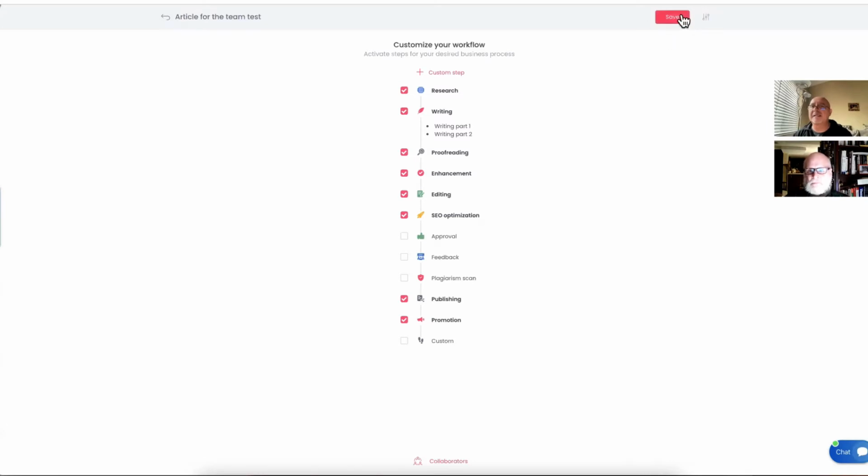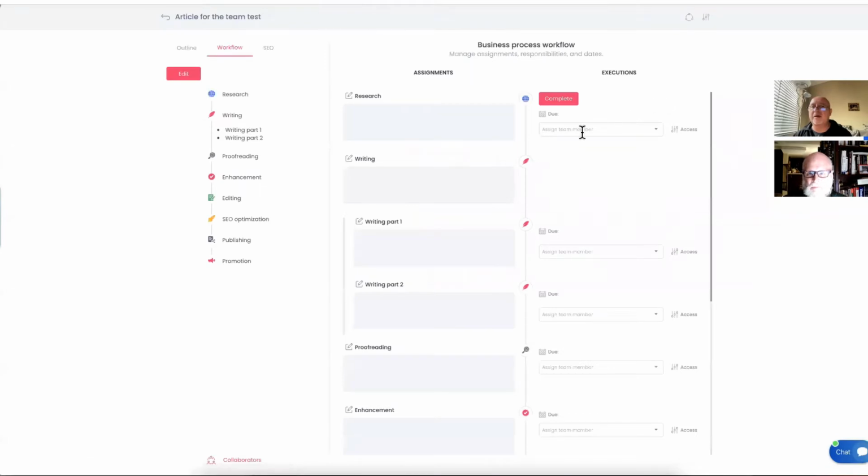So I need to click save. Now, before I even do the save, let me show you something. Here, if I click, and if I saved already some templates that I created, I can just simply select the table templates. So right now, let's go save. I click the save, and now my workflow is built up, but I haven't finished it yet. So I'm looking at those are my steps, which are assignments. I need to create assignments, and on the right side, I set up the execution.